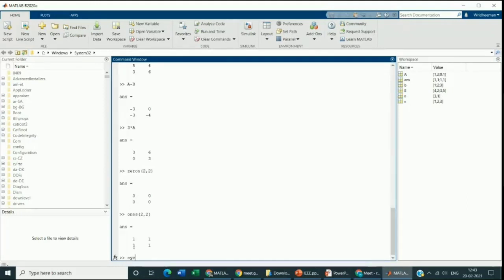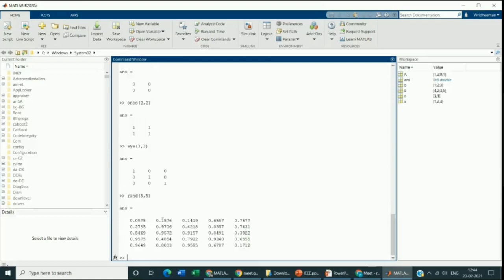For the identity matrix, we will use the function eye with, suppose, 3 comma 3. As you all can see, diagonally 1 is present in the identity matrix. For rand, it gives every element any possible value between 0 and 1. Let's take 5 comma 5. As you all can see, the values are between 0 and 1.